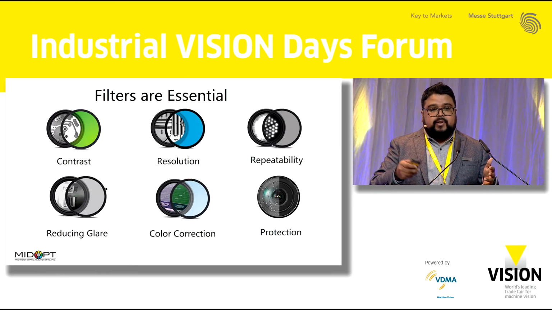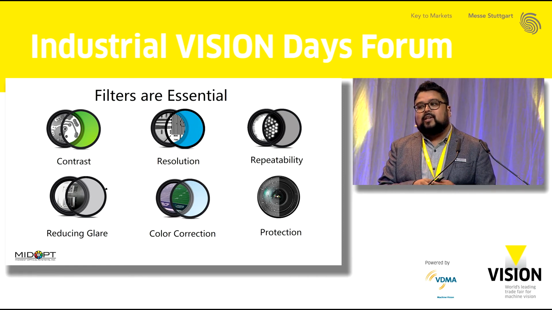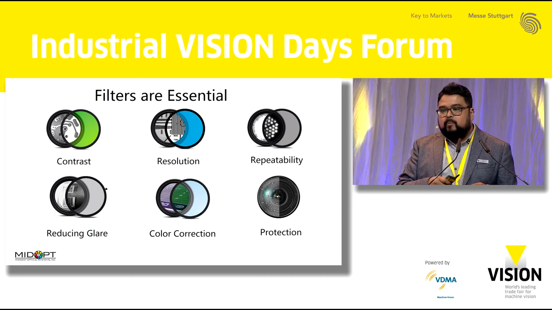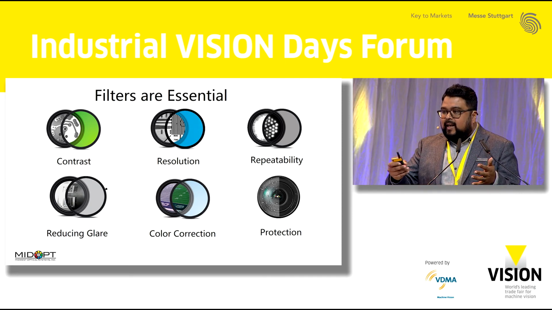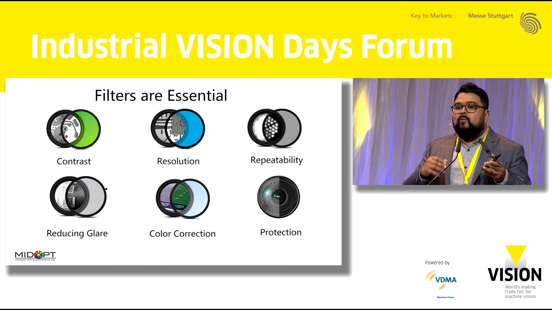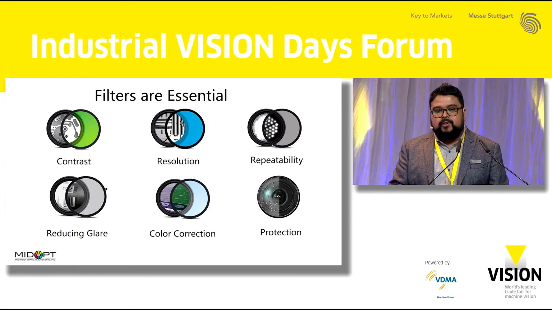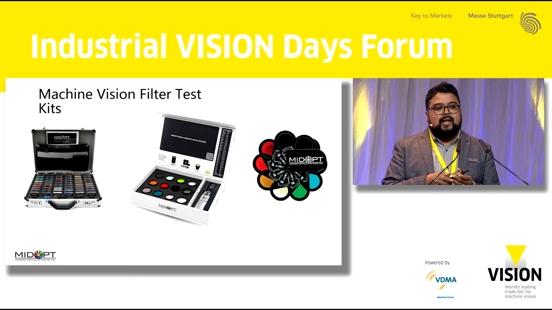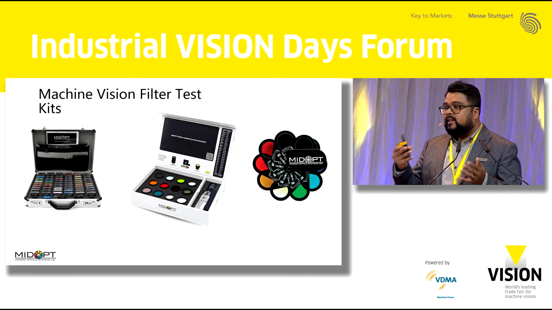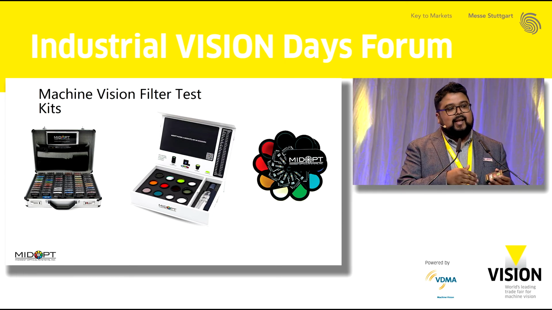So filters help with all sorts of different things. We covered a few of these today: contrast, resolution, repeatability, reducing glare, color correction, protection. They can help with lots of different applications. So again, my hope and my goal is that when you're designing an application, when you're thinking about lenses, lighting, camera, also think about filters. One of the best ways to decide which filter that you need to use is to use a filter kit. These types of kits have multiple filters in them so that you can test and see which filter is going